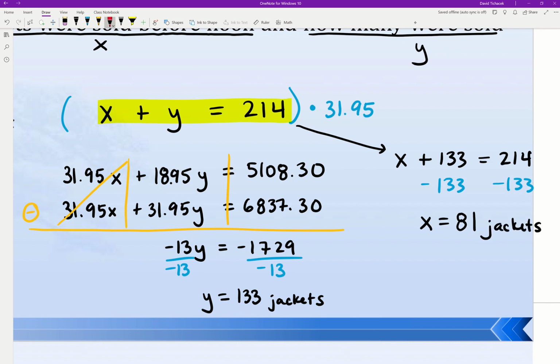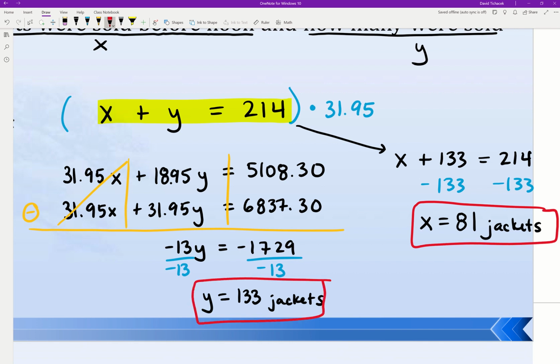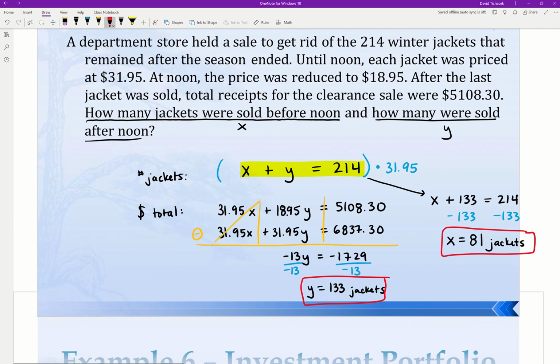Okay, and so here in this problem, I'll just go ahead and box these results. Again, we were just looking for the numbers of jackets in this problem. So again, the number one thing that you need to keep in mind is what are the unknowns in the problem. Oftentimes that's going to be found in the actual statement of the question, right? So that is oftentimes the very last sentence. It's the sentence, of course, with the question mark, so read that one over. That'll tell you what to let x and y be